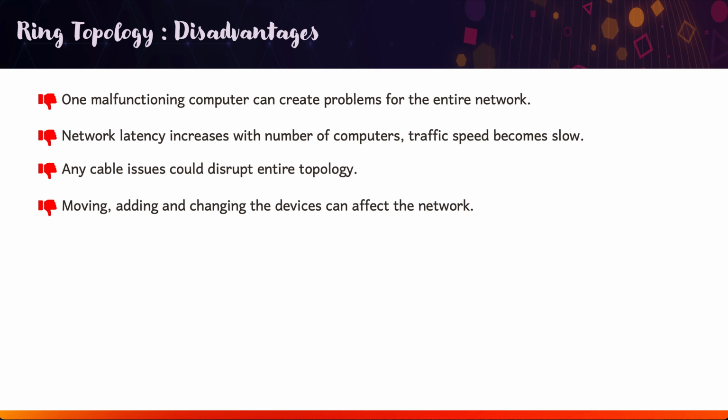If we want to, say, move a computer from one room to another room, we not only have to disconnect this single computer, we have to impact the neighbors also, right? Because one computer is connected to two other neighbors. If you are moving one computer, or if you are adding a computer, if you are changing any configuration of the computer and so on, we are not just disturbing the computer, we are also disturbing the neighbors. So that can also affect the network. Those are the disadvantages that we have for the